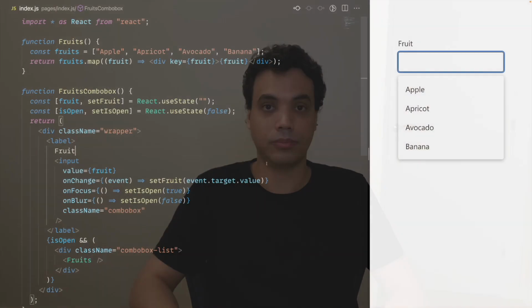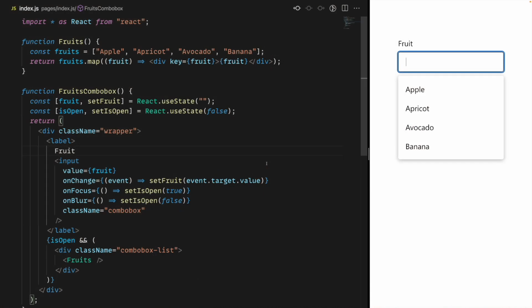For the past years, I've been working mostly with accessibility using React components, and I'm one of the maintainers of some open source libraries like AriaKit and WordPress components. In this talk, I'm going to show you how to create an accessible component, more specifically a combo box, using the new React 18 features to render the items asynchronously.